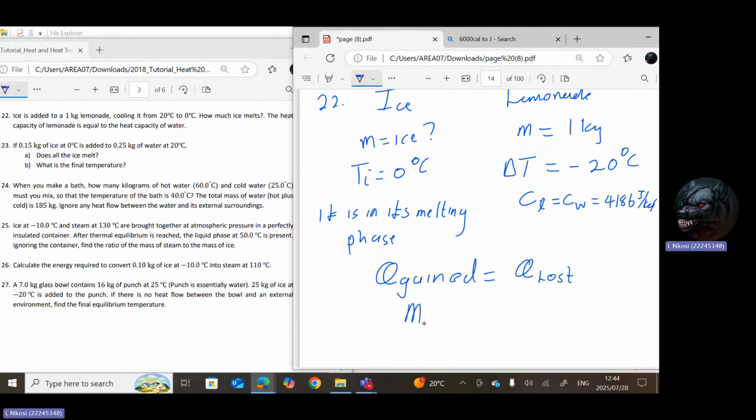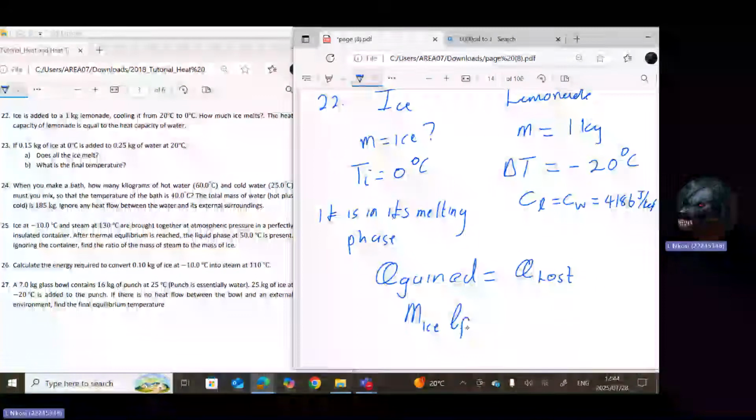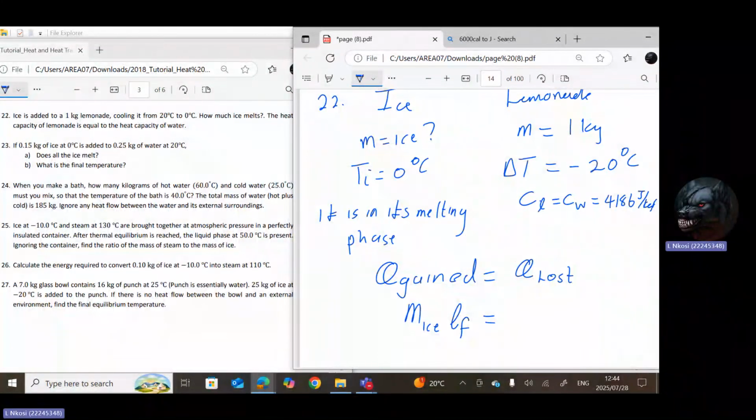So it's the mass of the ice times the latent heat of fusion, equal to the heat lost by the lemonade, which is the mass of the lemonade, C for lemonade, which is C for water,